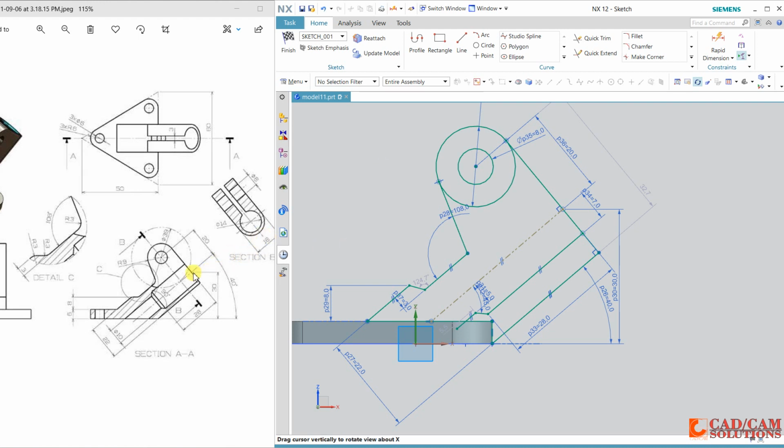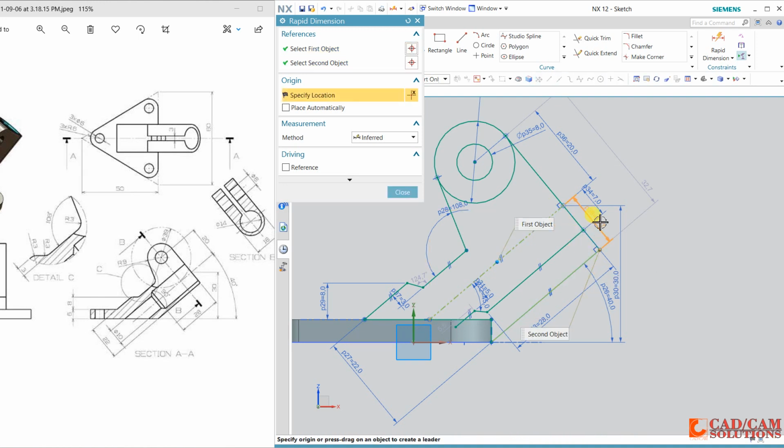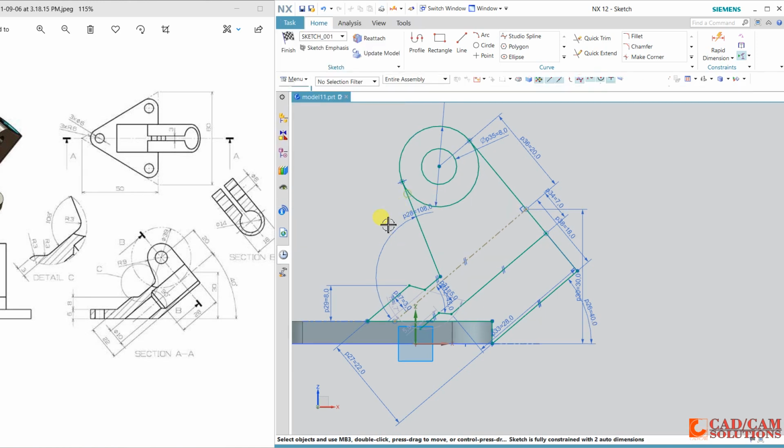And 18 is the diameter, meaning this distance is 18. Close.